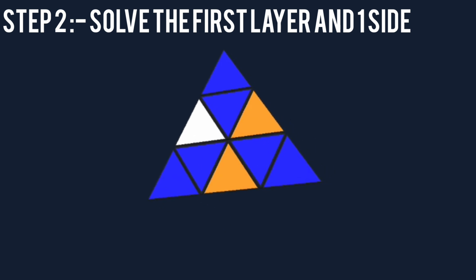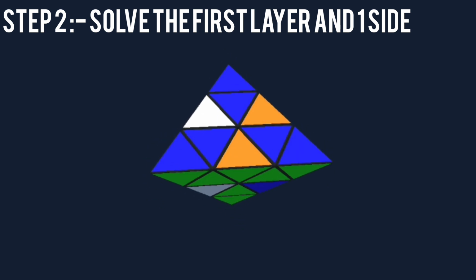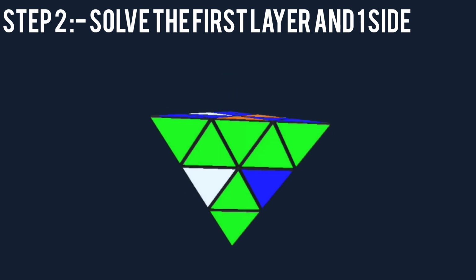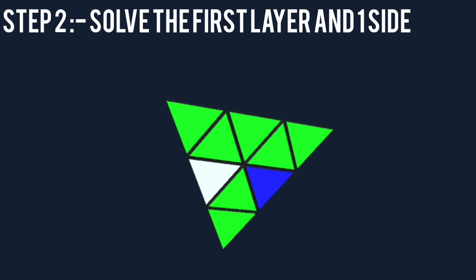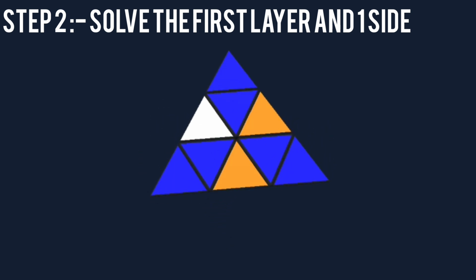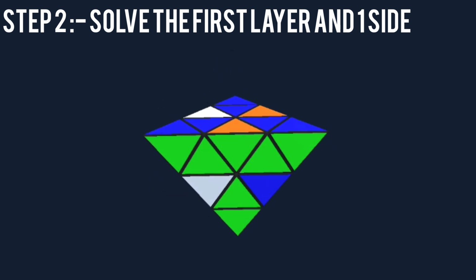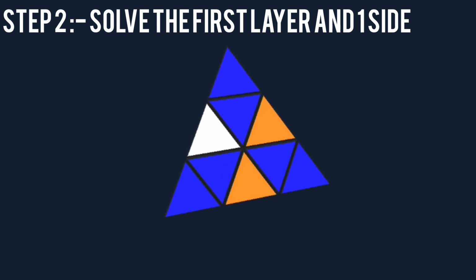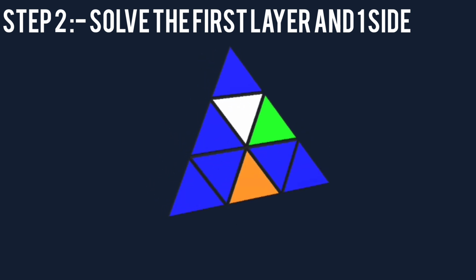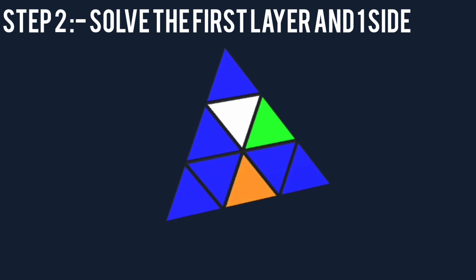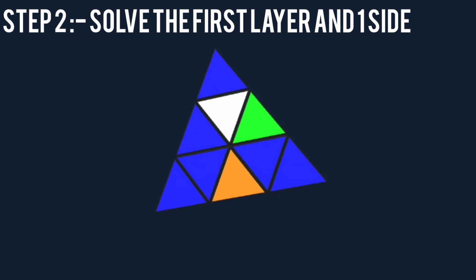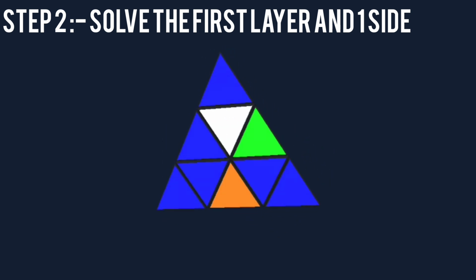And now next step is to pair all these edges, like how we solve the white side in the 3 by 3. Similarly, here we are solving the green side for this pyramid. So we are going to pair all the edges to its proper colors. Now we have to search for edges which have green colors. This is in the example of green color.